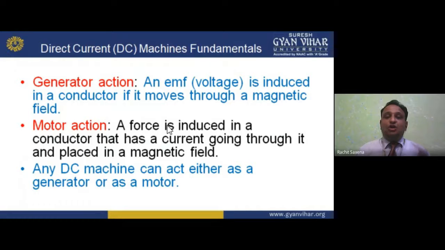In Faraday's law of electromagnetic induction, I'm basically talking about the first law. What the first law says is that if there is a flux linkage variation in a coil or in a field, then there will be an induced EMF, or we can say the production of an EMF. If it is closed, then current will flow. So if EMF is there and the circuit is closed, we can say induced current. So that is the first law.